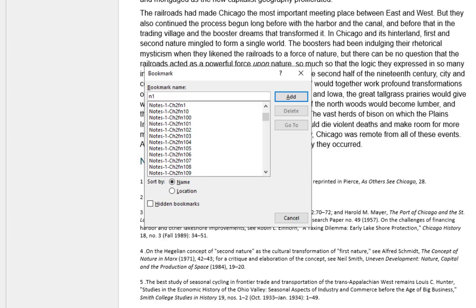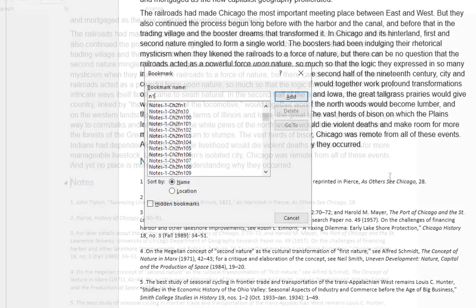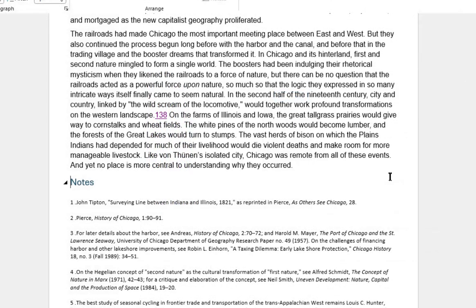We'll pretend that I took the time to add a bookmark to every single note in the notes area. Yes, all 138 of them. If it takes just 5 seconds to move to a note and add a bookmark to it, it will still take over 10 minutes to add those bookmarks. Once the bookmarks are added though, we can find any of the in-text links and modify them to point to